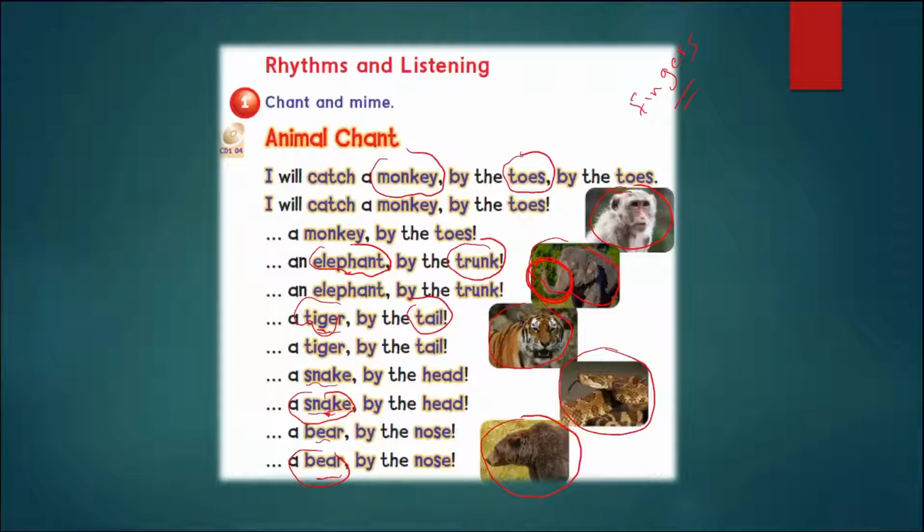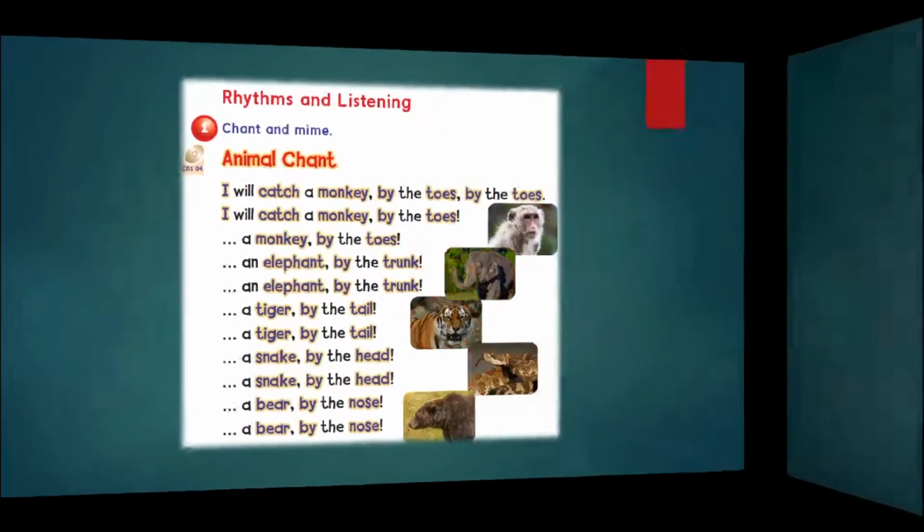Okay, here we're talking about the tail of the tiger. Head معناها رأس. Okay, nose اللي هي الأنف. So on this page guys, we need to learn the names of such animals: monkey, elephant, tiger, snake, bear, and their body parts like toes, trunk, tail, head, and nose. Okay,